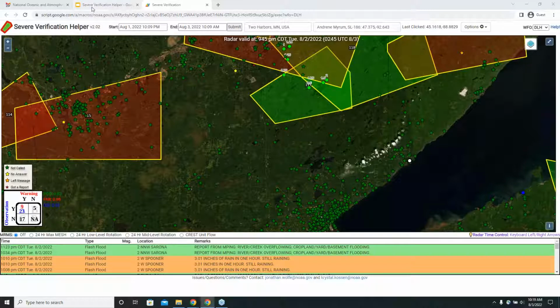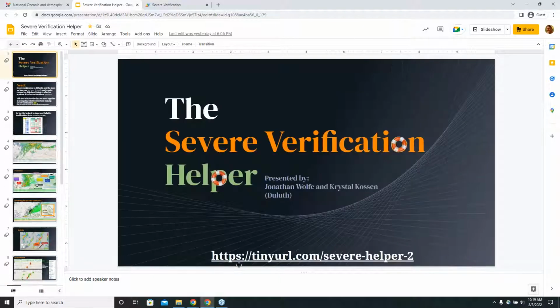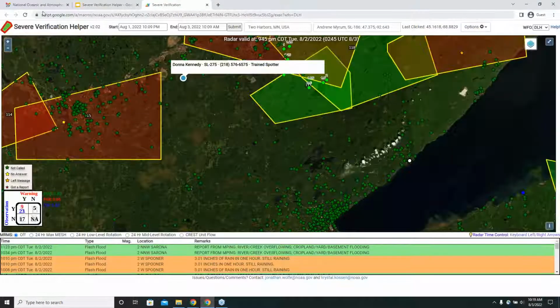Next question was, could you redisplay the site address for this? Oh, yes. We do a fair number of updates, but it's a really long Google address. If you look at this long address,